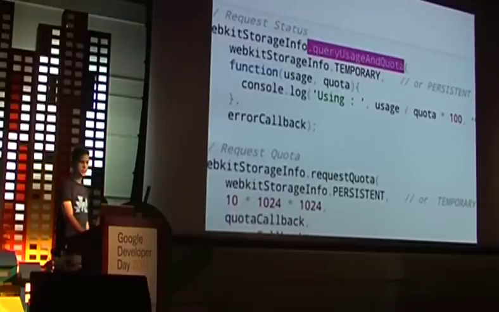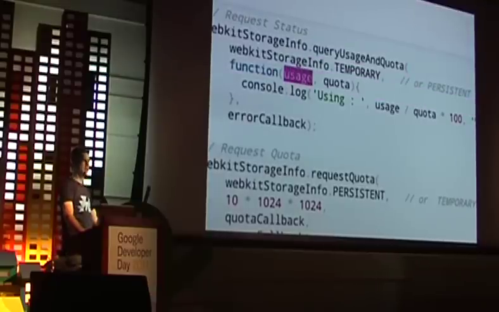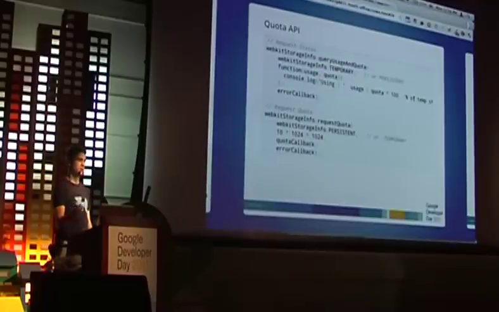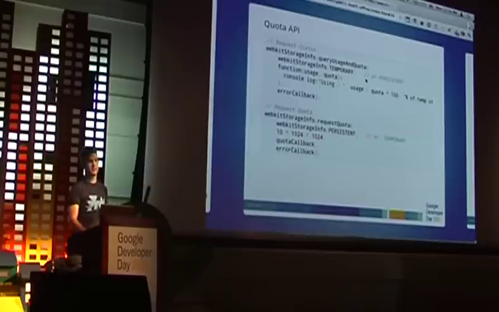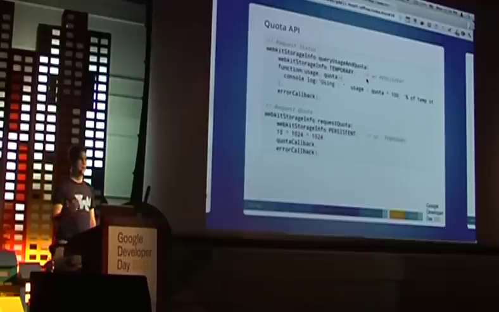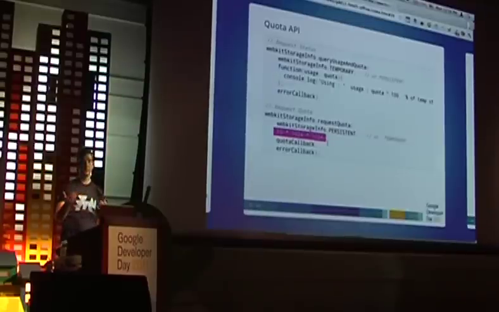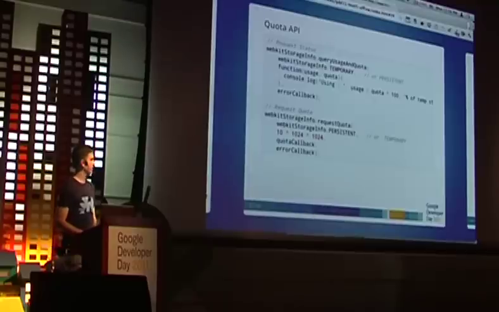We ask, hey, how much storage am I using? And you get this callback, and it says 1 megabyte used, and this will say 5 megabytes total. And so you're using 20% of your total storage. Alternatively, if at some point this comes back and it says that it's using 80%, and you're about to write another big file to the file system or something like that, you can say, hey, I'm going to need a little bit more quota. It's going to be persistent. It's going to stay there for a while. And I'm going to need 10 megabytes of it. And then it'll either ask the user or not, depending on the case, and then let you do whatever you want to